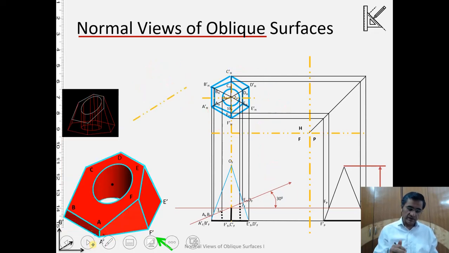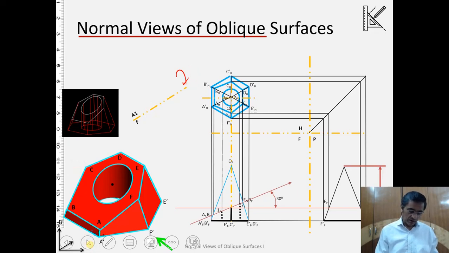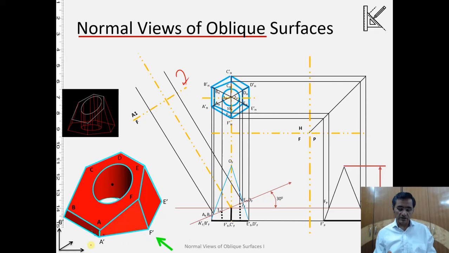So if you do it, that's our hinge line, because the hinge line is parallel to the edge view. And then we draw the projectors now from the frontal. So this is how the projectors are. Now corresponding to each projector, corresponding to each point, say this point over here and the point over here, this point represents A and B. Okay, so from that we have drawn the projector.